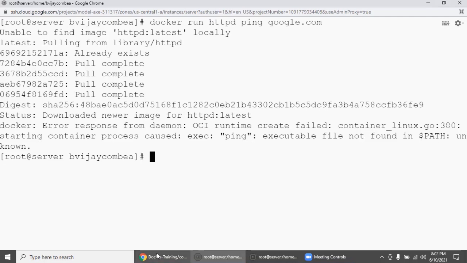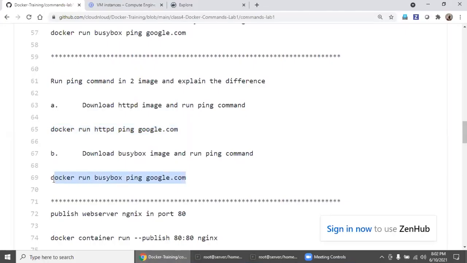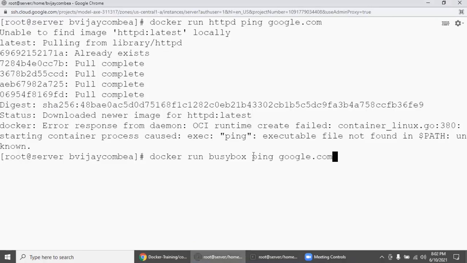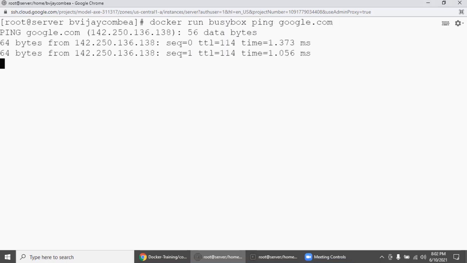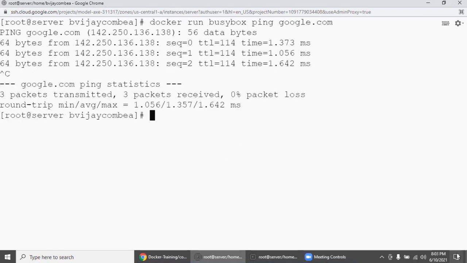Right? So now the same way, BusyBox, definitely it will work because the necessary packages are already installed, created as a custom image, and then pushed to the Docker repository. Enter. It's working. So that is why the container images, the Docker images, are really compact.